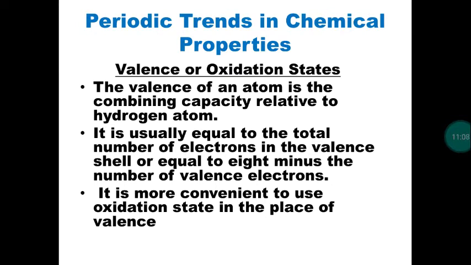Valency can also be denoted as oxidation state. For each element, there is a charge. For a neutral atom, the charge is 0. It may be a cation as well as an anion. For any species, there will be a charge. For a neutral atom, a cation, or an anion, all will have a charge. So charge is nothing but the oxidation state or valency. Right? So consider Na plus. Sodium has lost an electron, it becomes Na plus. What is the charge of sodium? 1 plus is the charge. Oxidation state 1 plus means combining capacity 1. That means valency 1. So valency can also be expressed in terms of oxidation state. Oxidation state is nothing but the charge of a species.